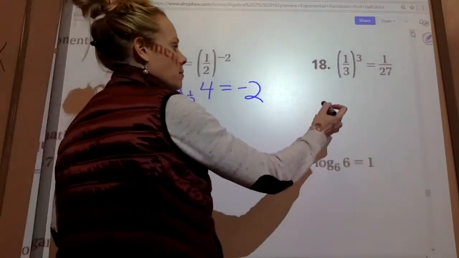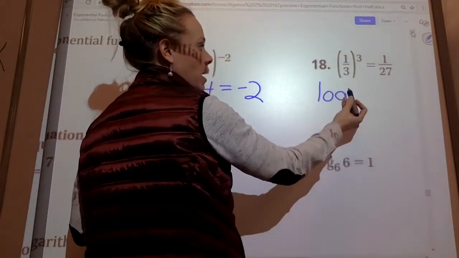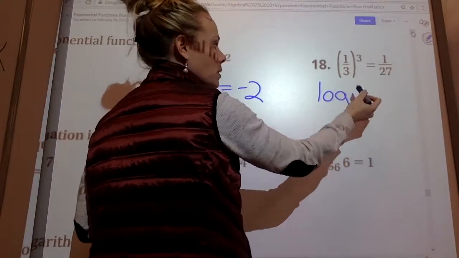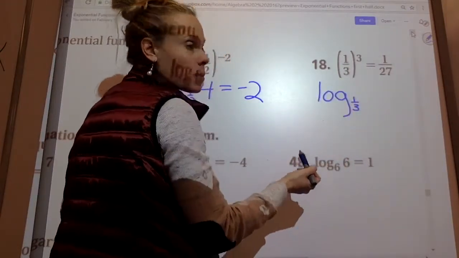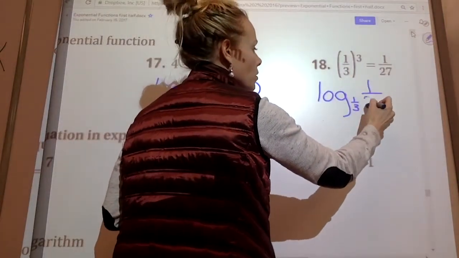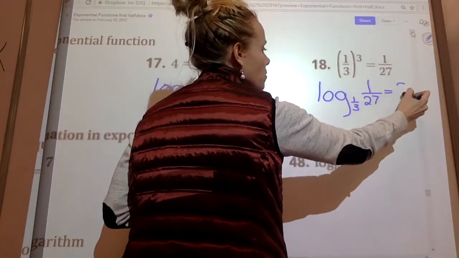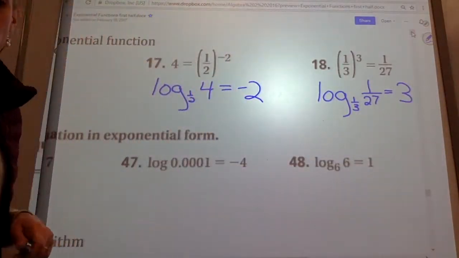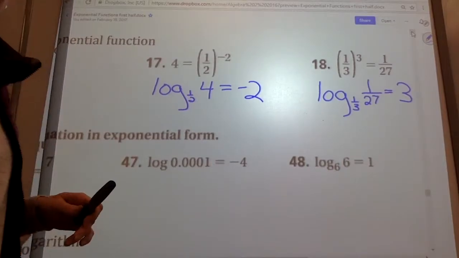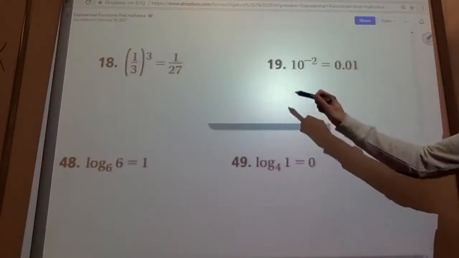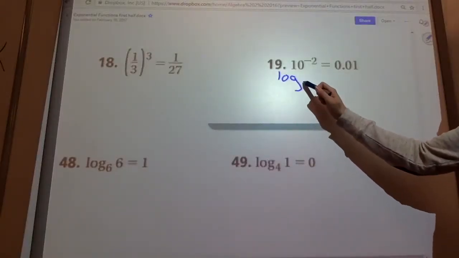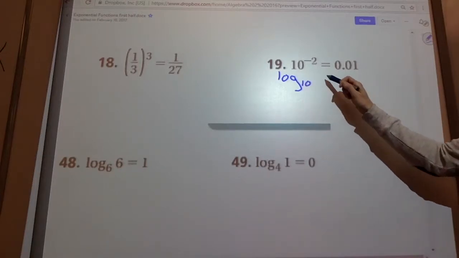Look at the next example. Log of base 1/3, because 1/3 is the base of the exponent, of 1/27 equals 3. That would be the log, the inverse function. Here's another one. We'd say log of base 10 of